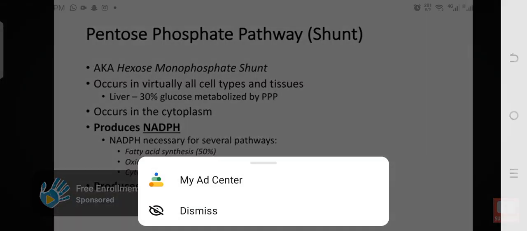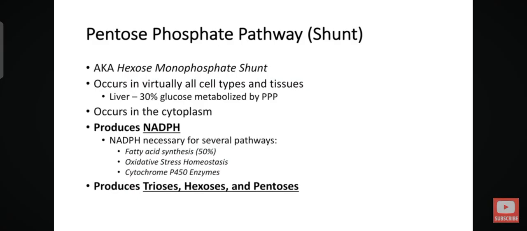This pentose phosphate pathway also produces trioses, hexoses, and pentoses, and pentoses are necessary for nucleotide synthesis. So where does this all begin? Well, the pathway actually begins near the beginning of the glycolysis pathway with glucose 6-phosphate. So what happens is, instead of glucose 6-phosphate going down the glycolysis pathway, it gets shunted into another pathway by